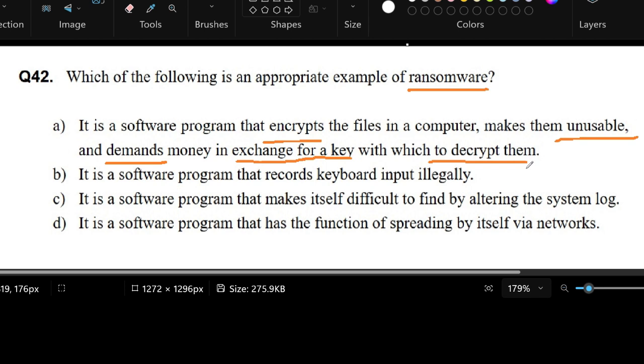So this sounds like a ransom, and I think this is the correct answer. But we'll still have to read all the remaining choices just to make sure that the best answer is really